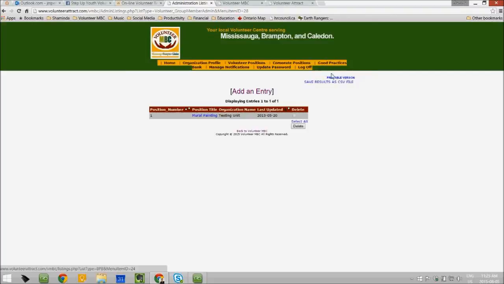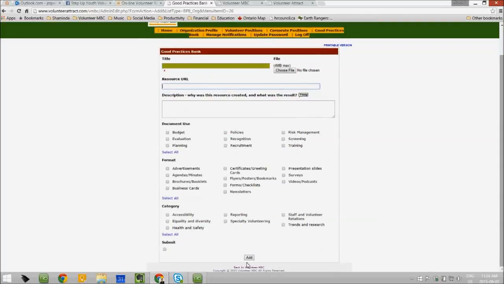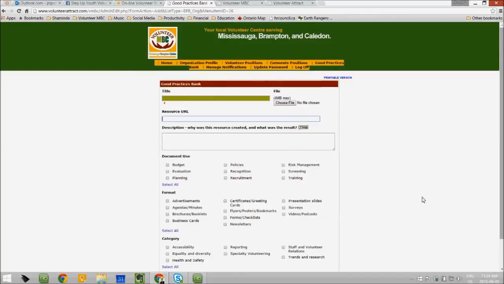All you need to do is click on submit a GPB resource, include the file, and you also have the opportunity to include a URL. Once you click on add, it will come to our end and we will review, and then we will approve and publish it online.